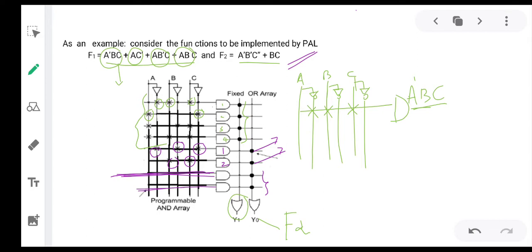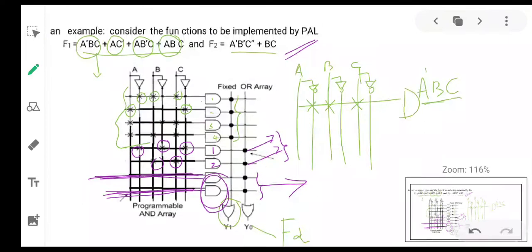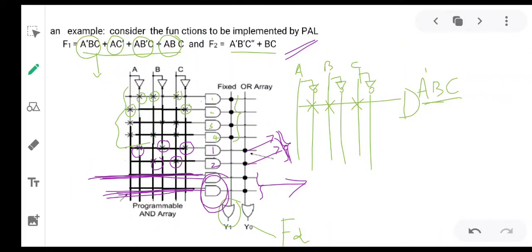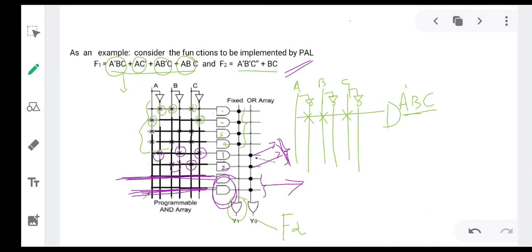That means no functions are connected to these two AND gates, so no outputs will come over here. So only two outputs you will get, and those two outputs are from this one only. So that is how I implement this function using PAL. Got it?